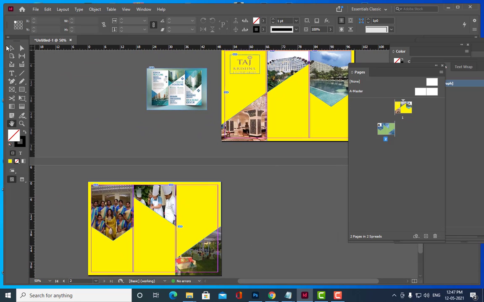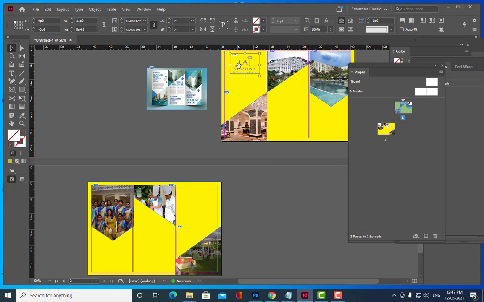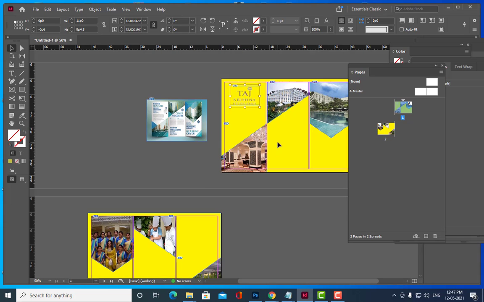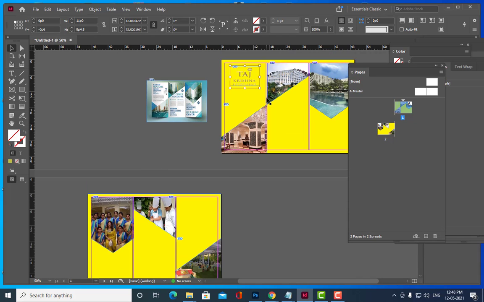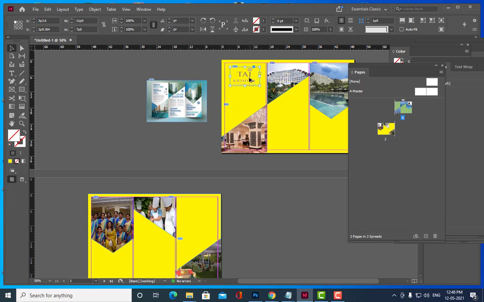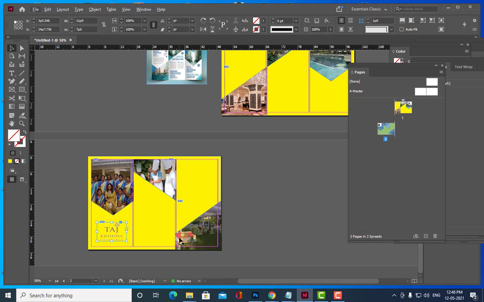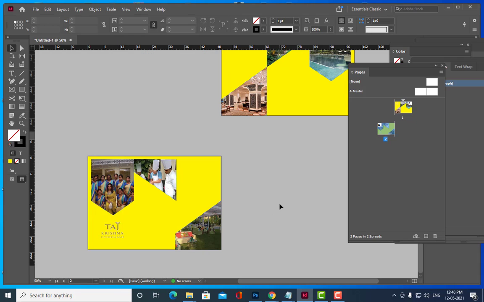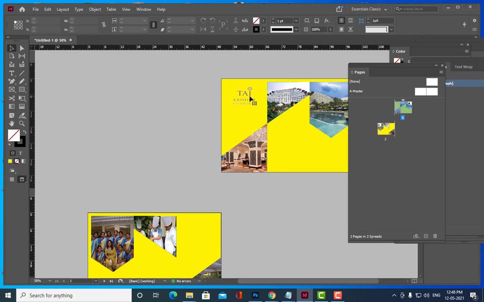And we will use the same thing here. We'll just take the same logo and keep it here. Okay, is it clear, all of you? Yes, sir. Right. So now we got the logo.